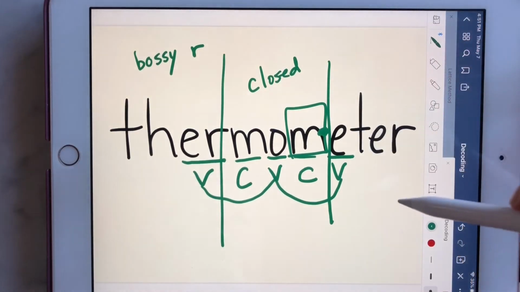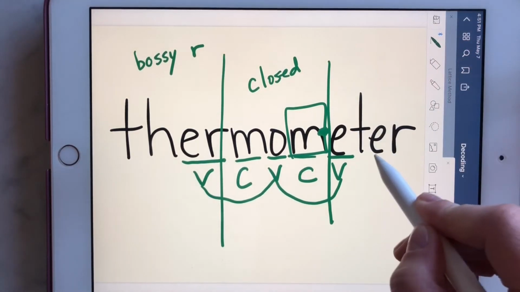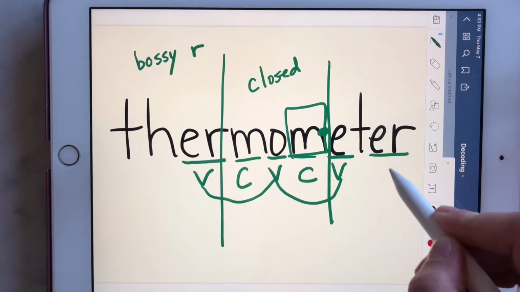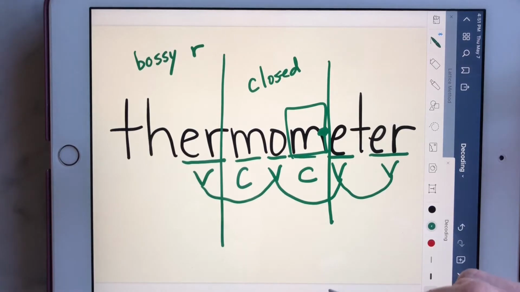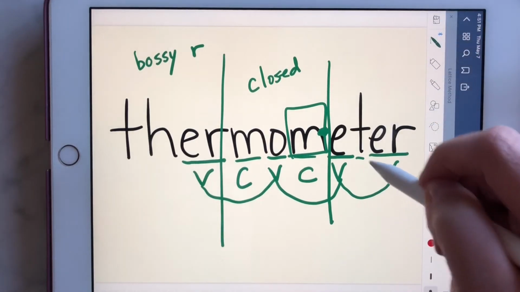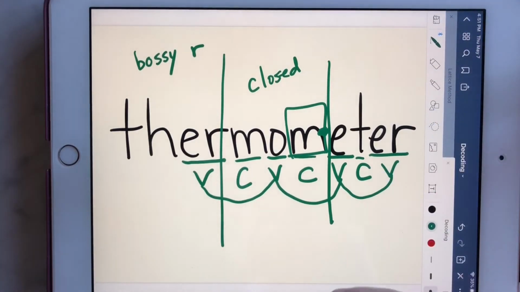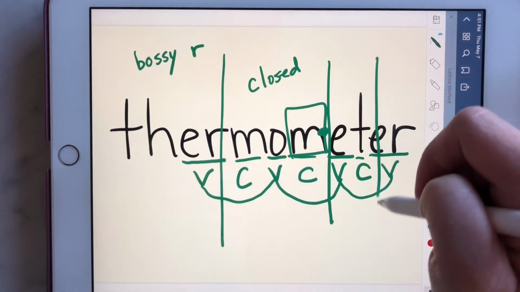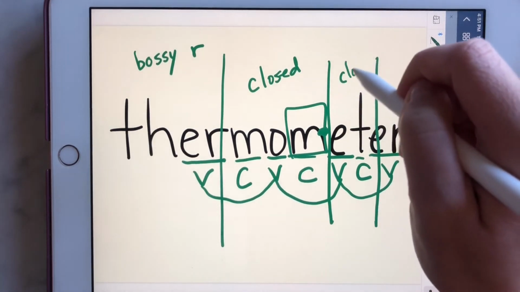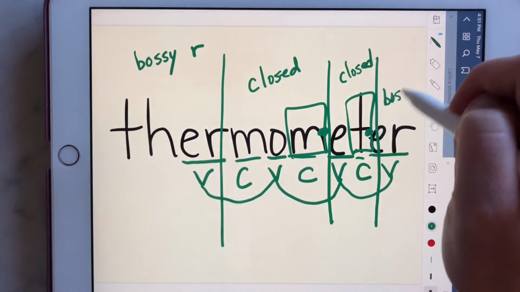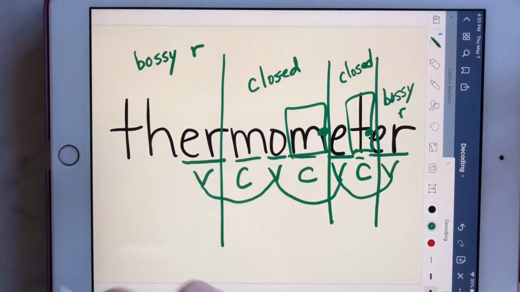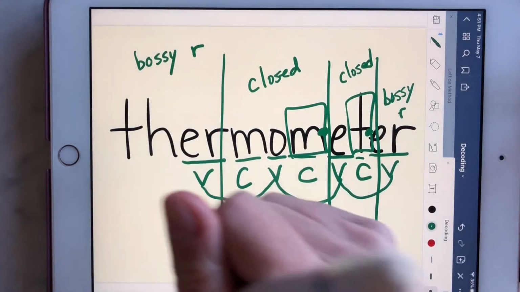Now I'm going to add in our last vowel sound over here, which is that again. So I know our last syllable is a bossy R syllable. In between is a consonant. Make my cut. Another closed. And another bossy R. And I have all my syllables. Thur, mom, et,